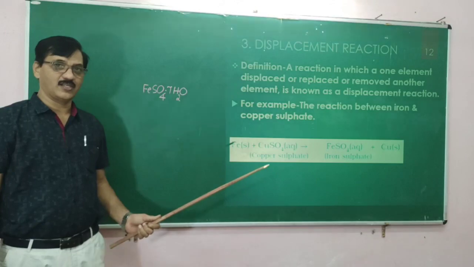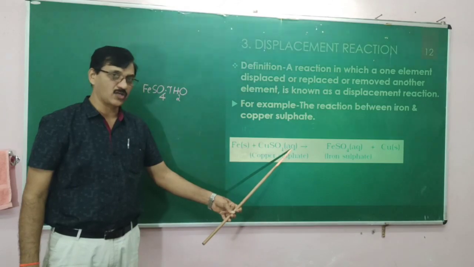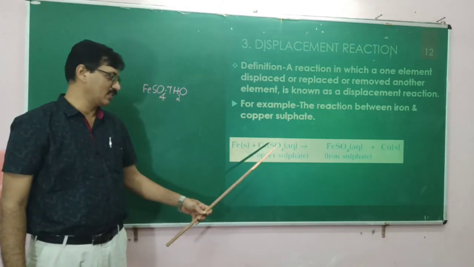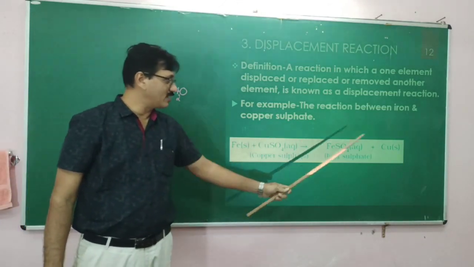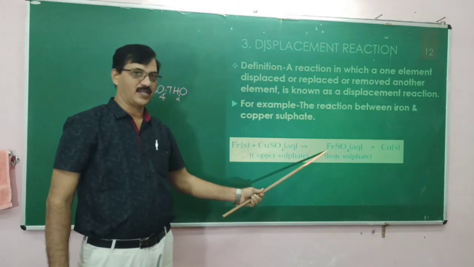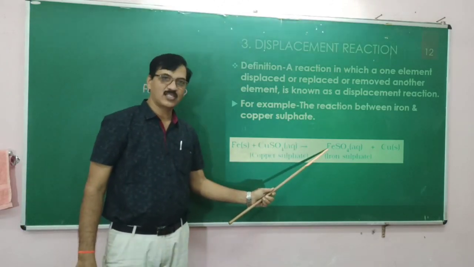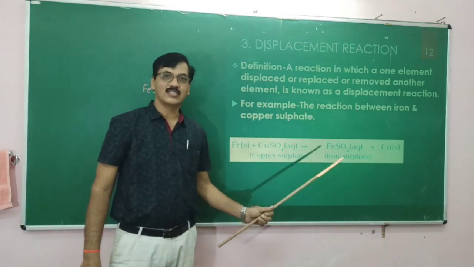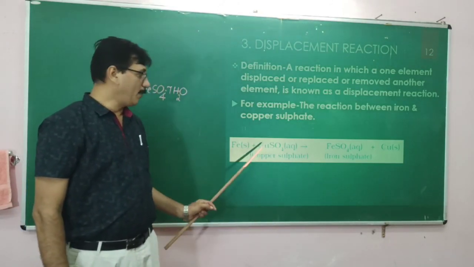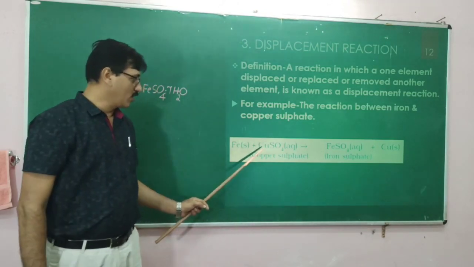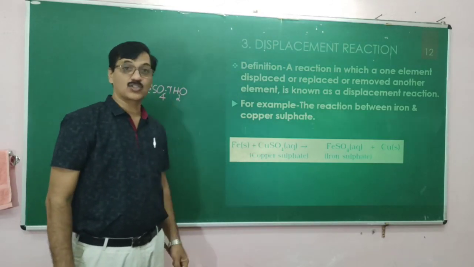Now what is being displaced? Let us try to see that. Fe and copper sulfate aqueous solution. We have taken copper sulfate in water, and we have dipped an iron nail in it, and it is displacing copper and forming ferrous sulfate. Look at this. Copper sulfate is blue in color and ferrous sulfate is light green in color. Therefore, the change is according to this equation. Right? So copper is being displaced here. Therefore, iron is considered to be more reactive than copper, stronger than copper.